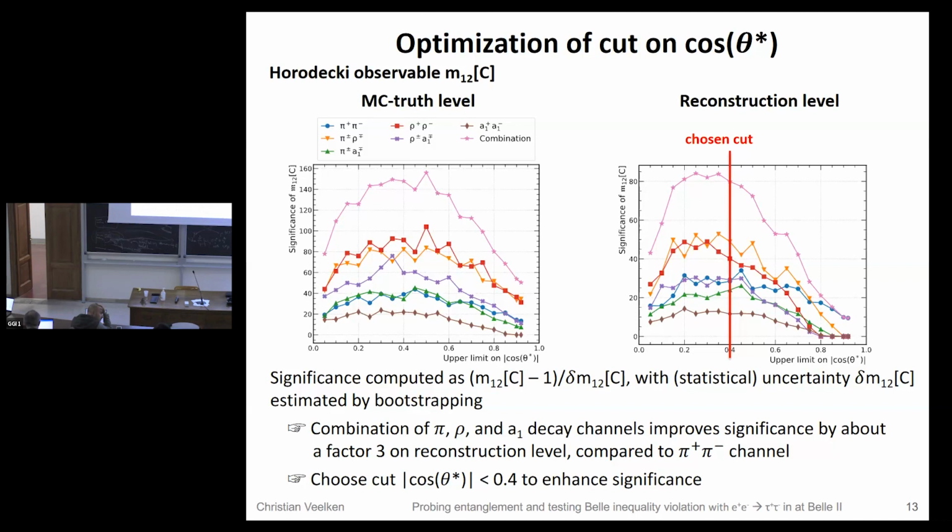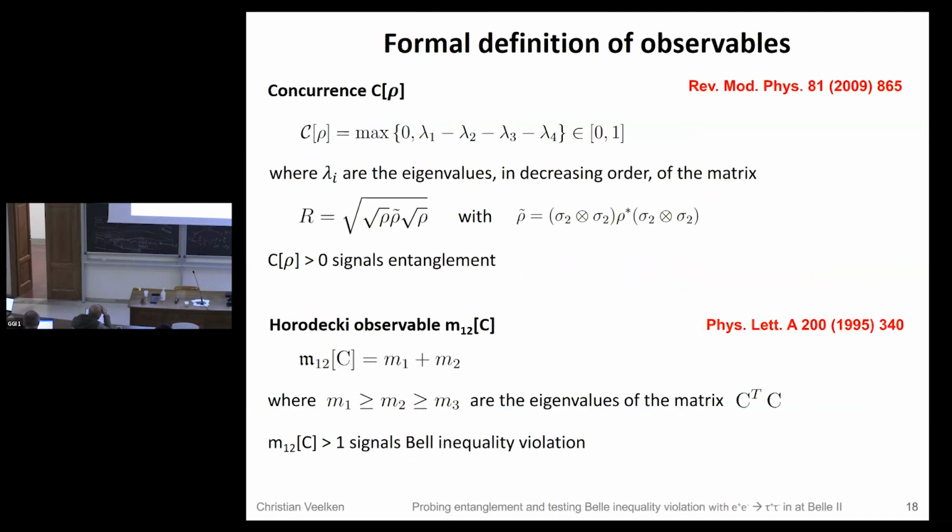Just back to these eigenvalues. These are the eigenvalues of the square of the correlation matrix now. The observables that we use are defined here. So C^T C is the square because C is symmetric. So they're all positive. This I haven't checked. I just checked the C matrix.